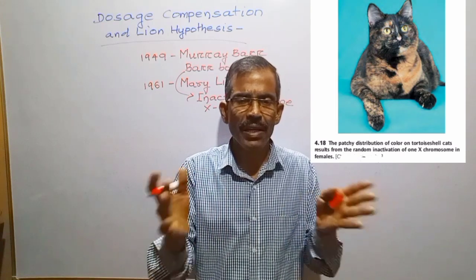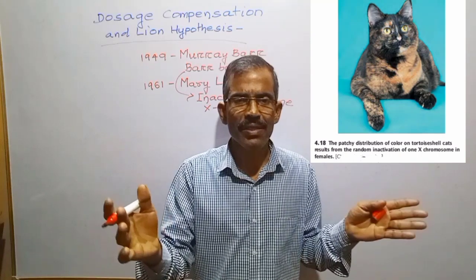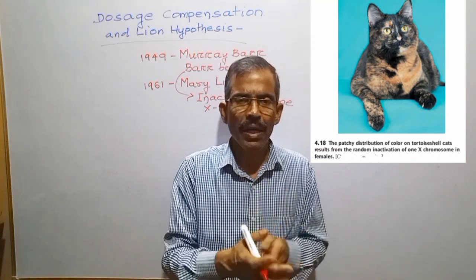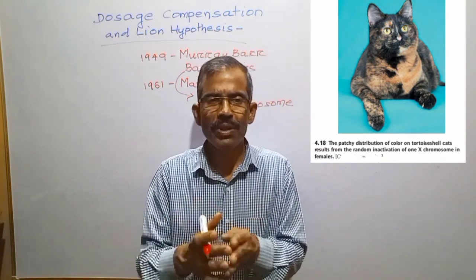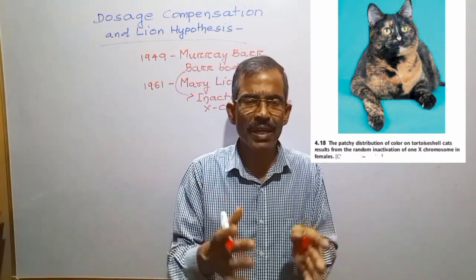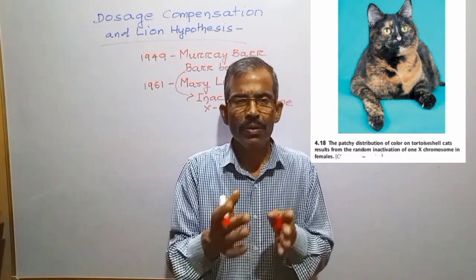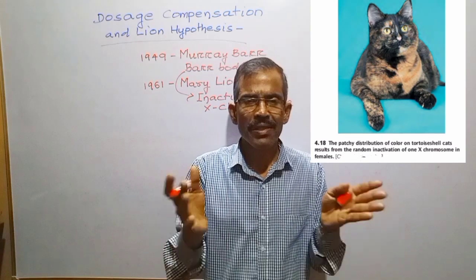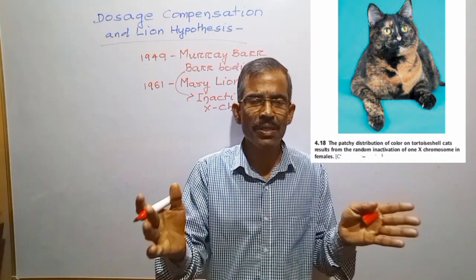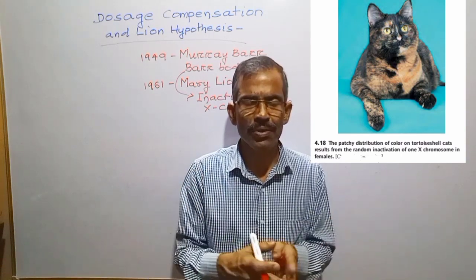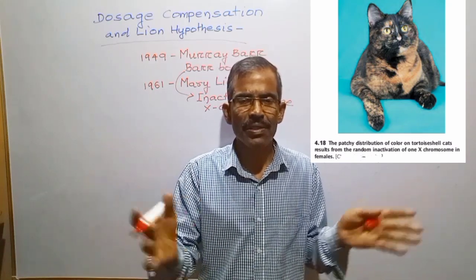In females that are heterozygous at the X-linked locus, 50% of the cells will express one allele and the remaining 50% will express the other allele. So both the alleles will be expressed within the same individual but not within the same cell. Functional hemizygosity means cells in the female are not identical with respect to the expression of the genes on X chromosomes. Thus, females are considered mosaics for X-linked genes.